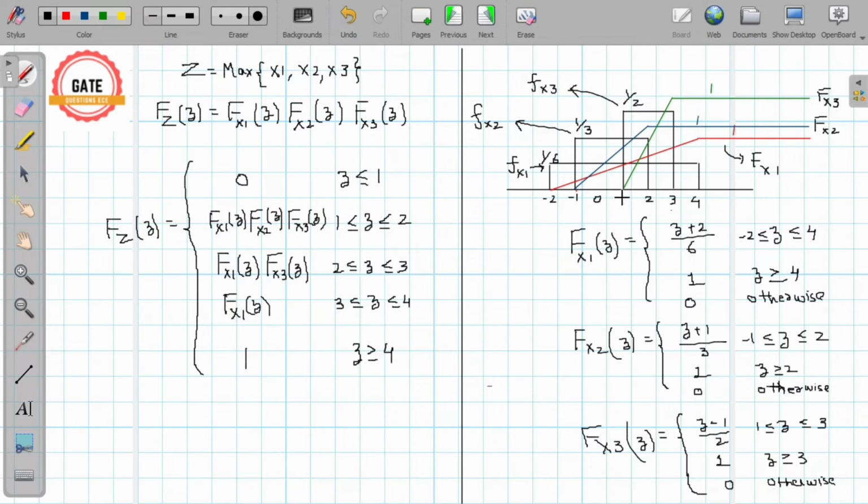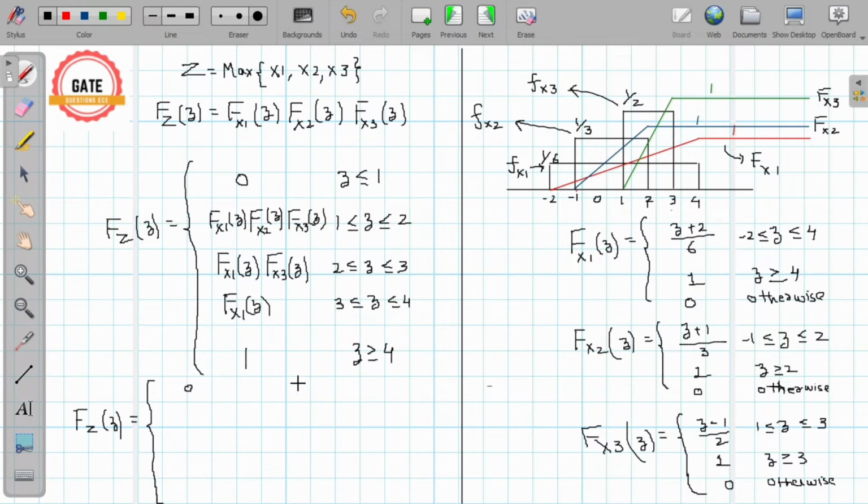And similarly, in the range 1 to 2, you can see all three PDFs are non-zero. That is, they are overlapping. So because of this reason, we will have to take the product of these three CDFs. So now, putting in the expressions for the CDFs according to their range, we will get the CDF of z will be equal to,